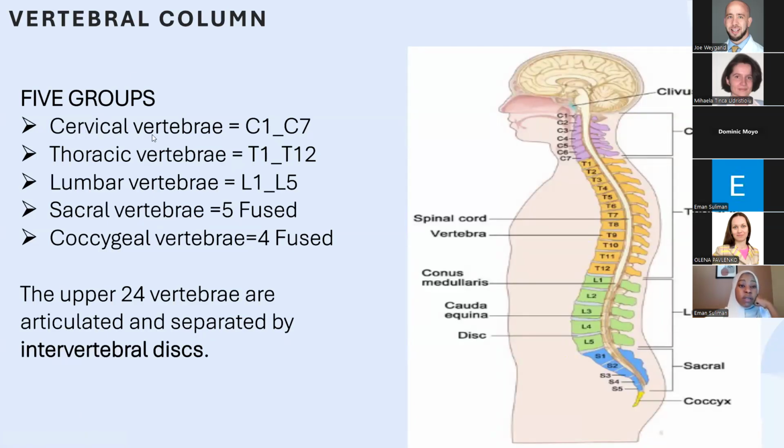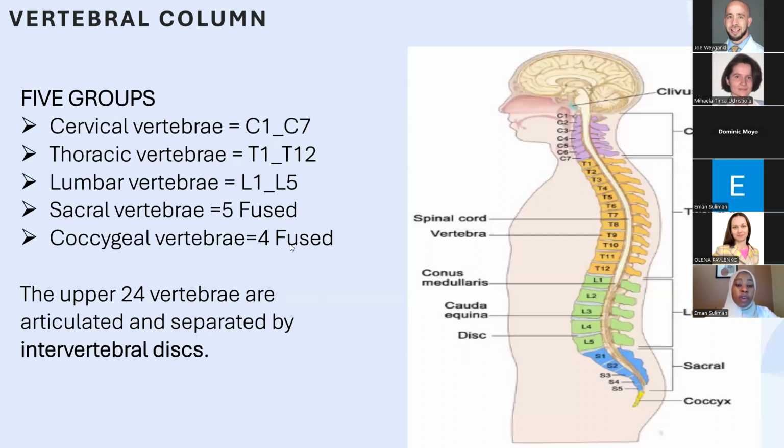We have the cervical vertebrae, numbered from C1 to C7, and the thoracic vertebrae numbered from T1 to T12, which some textbooks call D1 to D12, and also the lumbar vertebrae. There are five, numbered from L1 to L5, and the sacral vertebrae are five fused sacral vertebrae, and finally the